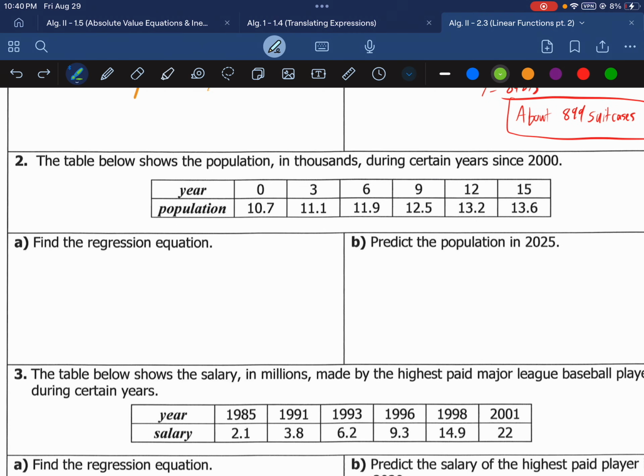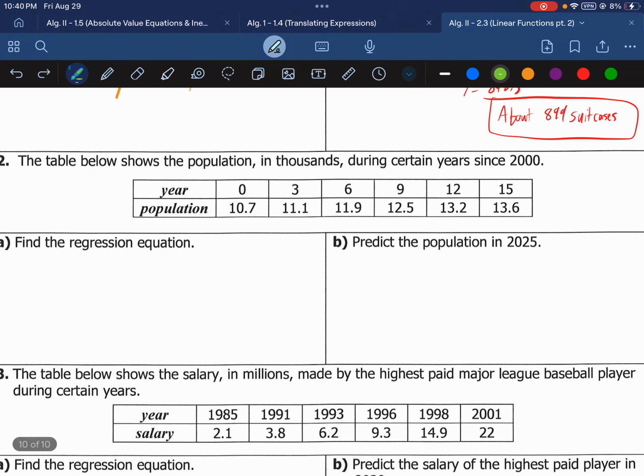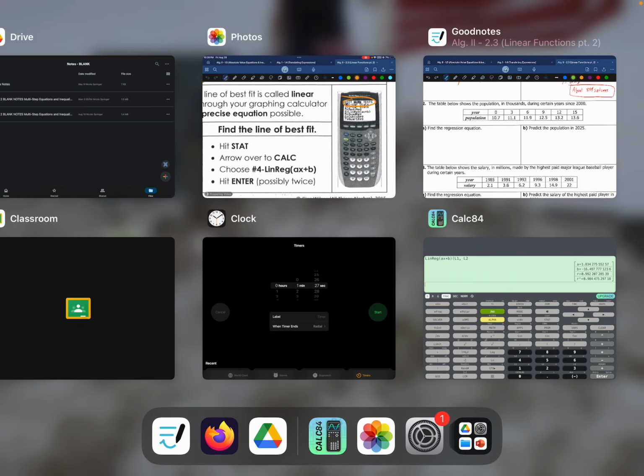Moving on to number 2, so we're going to type in the population in thousands during certain years since 2000. And so it says since 2000, so 0 would be the year 2000, 3 would be 2003, 2006, so on and so forth. And we have our population in thousands, so this is 10.7 thousand, 11.1 thousand, so on and so forth. And so we're going to type these in once again to our calculator,